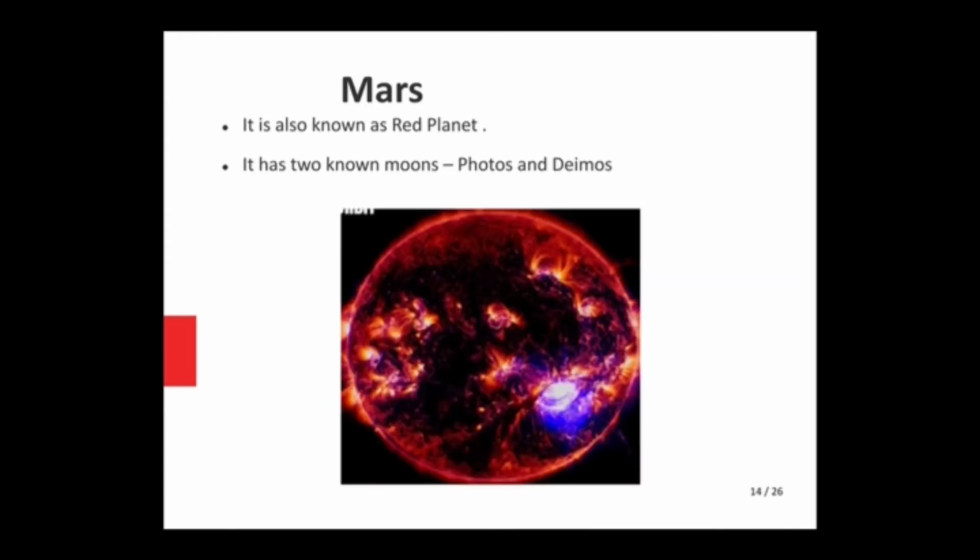Now let's move to another planet, Mars. You can see the picture here. It is very beautiful. The color is just reddish. That's why it is also called the red planet,